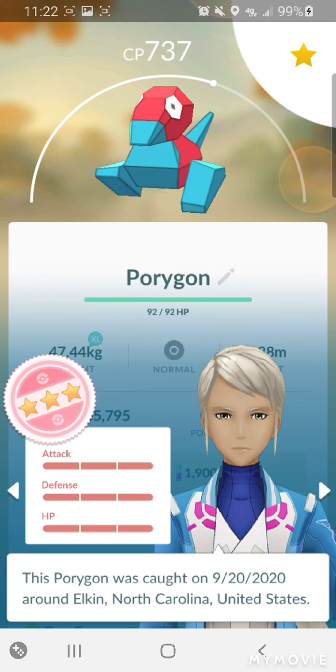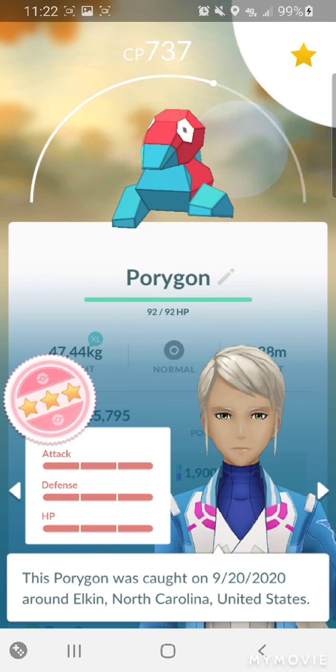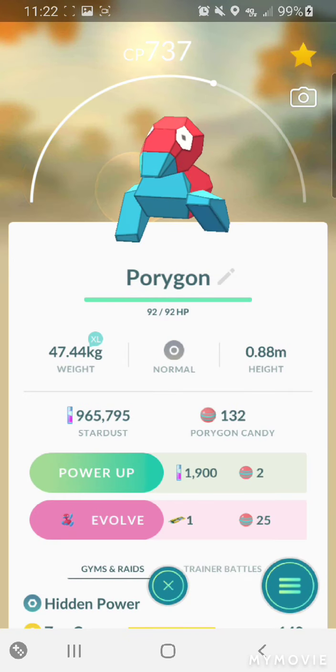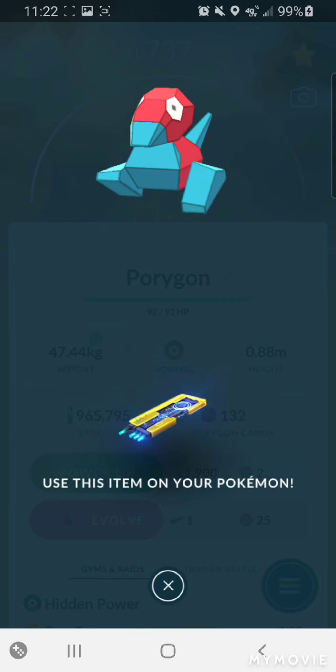And Porygon, of course, like I said, I had as my buddy at one time for a few weeks and spent so much candy just to get Porygon Z. So awesome. So what am I going to do with this one? The oh so obvious answer here. Go ahead, use an upgrade,